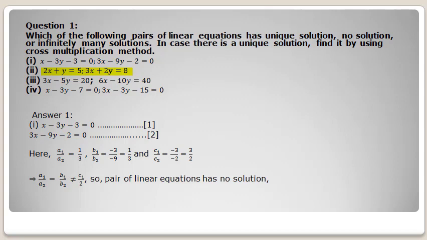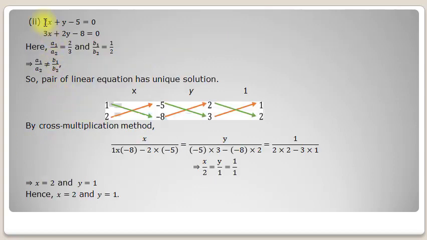We have taken the RHS to the LHS and then we are solving it out, because the standard form of the pair of linear equations says that it must be in the form a1x plus b1y plus c1 equals 0. So c1 must be on the left hand side and similarly c2 also must be on the left hand side. So we have converted these pair of linear equations into the standard form and then we are trying to solve it or check which type of solution it has.